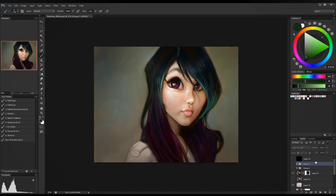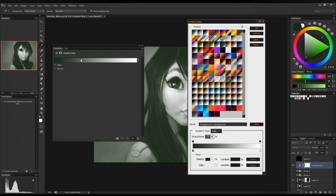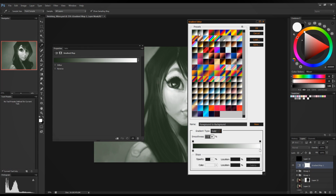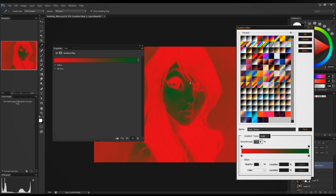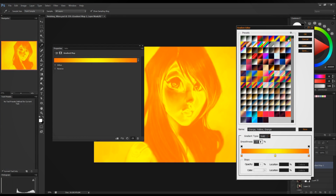Okay, now there's another thing I've been playing around with lately, but I can't take credit for this because you use gradient maps. And I've been using gradient maps a lot. Basically what you do is you create a new adjustment layer and then go to gradient map, which is the second from the bottom. And then it brings up this thing and you click it and you have your gradients, the normal Photoshop gradients. And by clicking them, that actually looks really cool. These are just the default Photoshop gradients. You can come up with a bunch of different cool